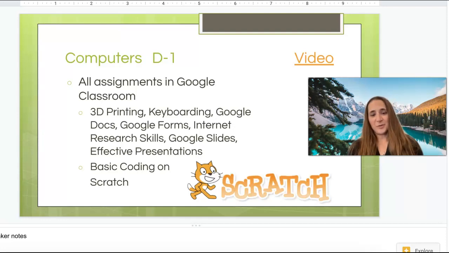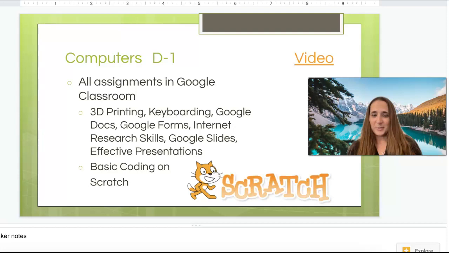I also teach seventh grade language arts, so you might get me for that class or both of those classes. And I teach an eighth grade computers class as well. So if you get to have computers, we do a variety of things on the computer. You definitely need to bring your computer each and every day.